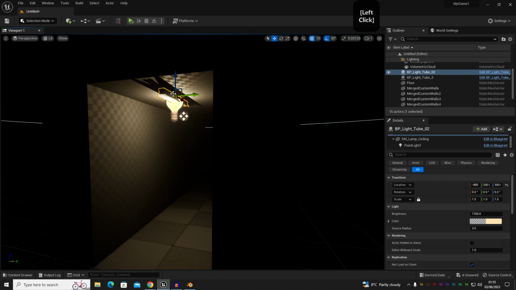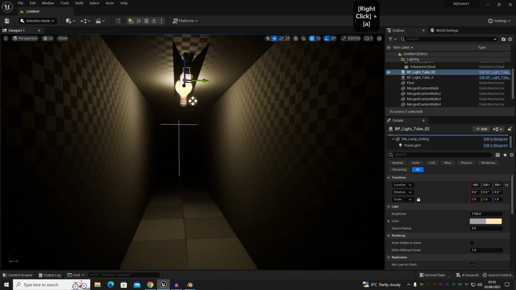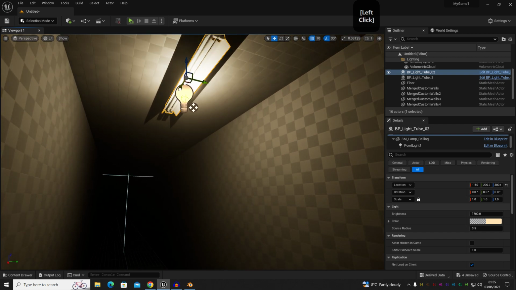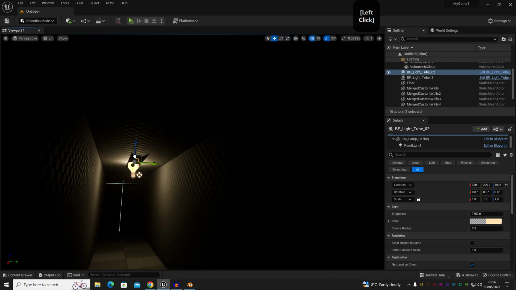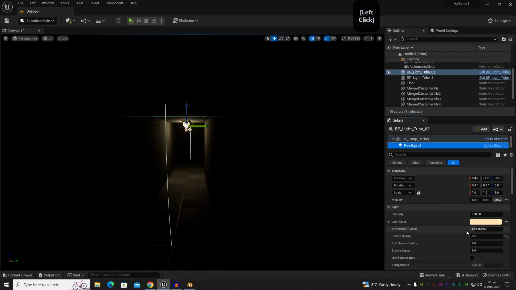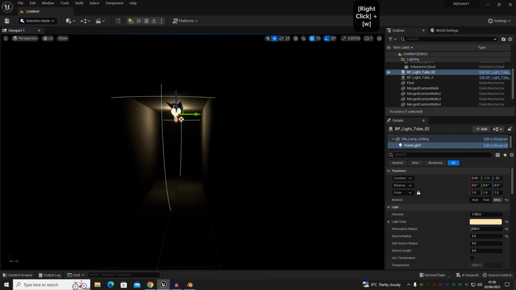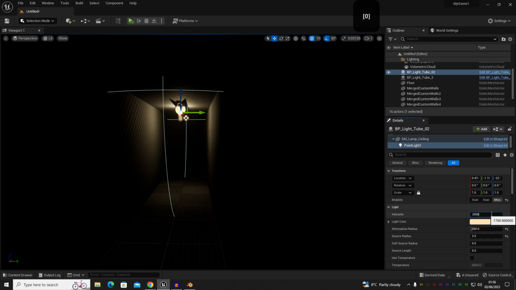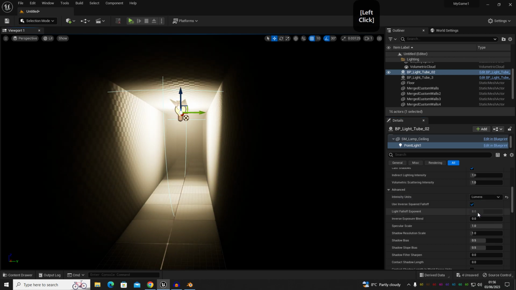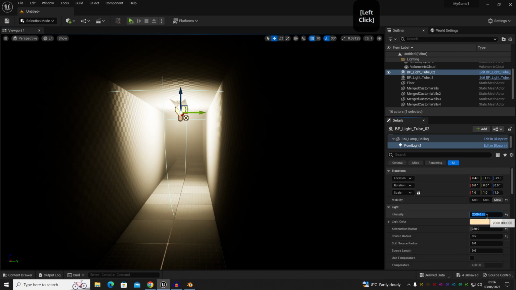Let's go back to lit, and we're going to drag and drop that down here at the end of our corridor, and then we're going to drop the attenuation range down to 350, and then increase the brightness to 2000. I'm going to go down to intensity units and change that to lumens. It's going to go really bright, and then we're going to go back up to 2000. I'm going to change that to 500,